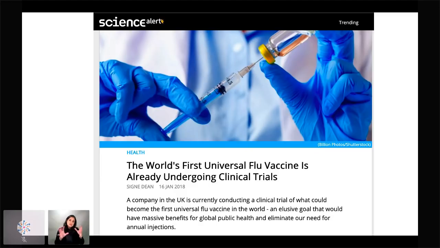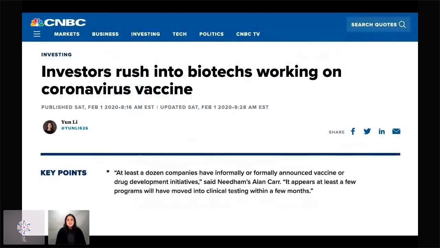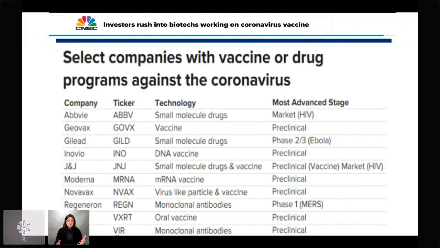So one of the really interesting things coming online is that we might be able to develop vaccines now to the part of the spike protein that doesn't mutate. If we can find something common that we can generate our vaccines to, we won't have to keep getting reinjected every year. A single vaccination will take care of this. Something very similar is happening now in the corona space. At least a dozen companies are developing vaccine initiatives to deal with the coronavirus, and here are an example of some of them.